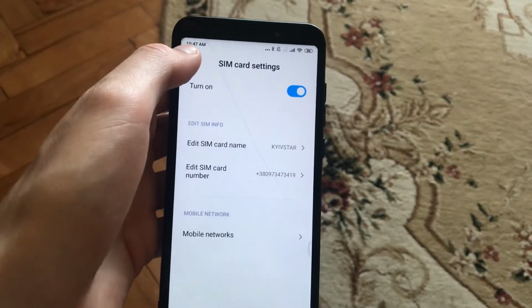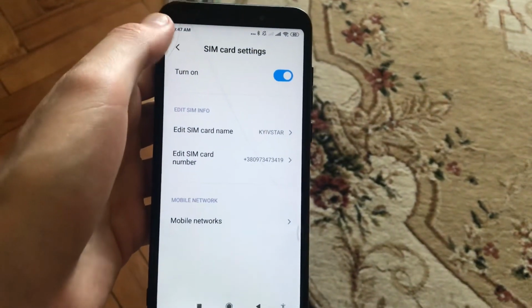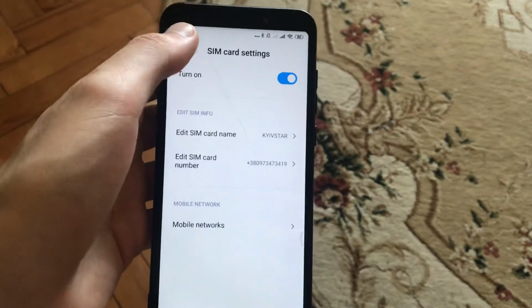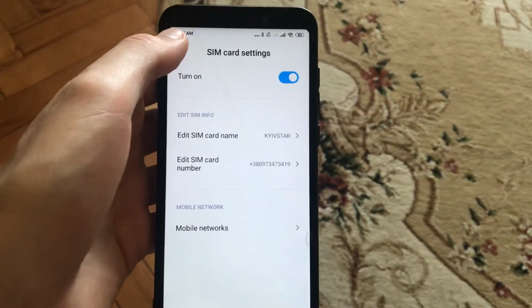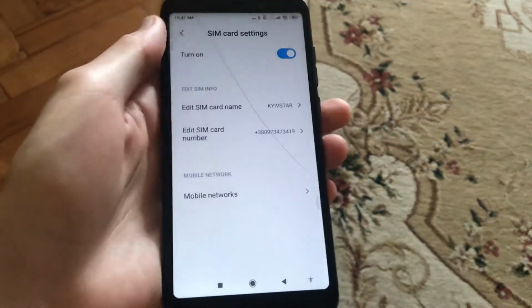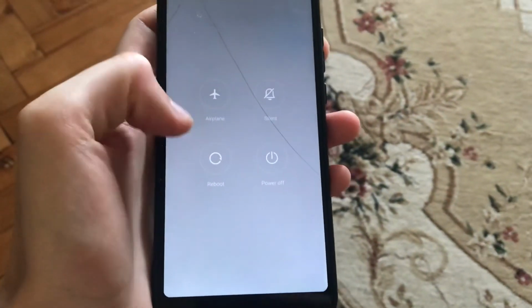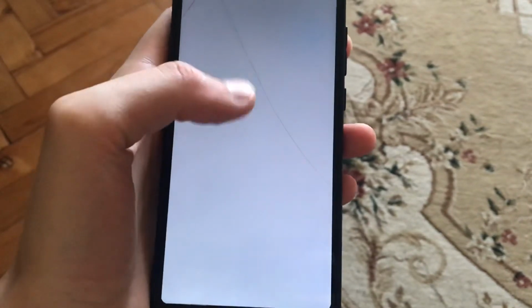So after you do it, you can also try to send SMS, and if it doesn't work you can also try to restart your phone. So just keep holding power button until you will see here reboot, and just reboot your device, and I hope that this method will